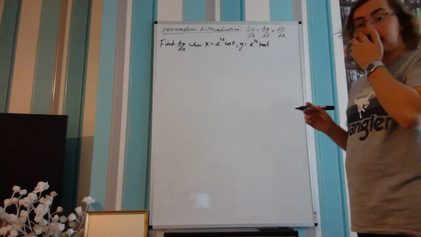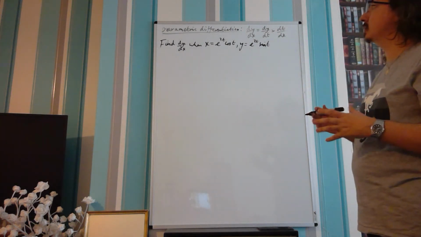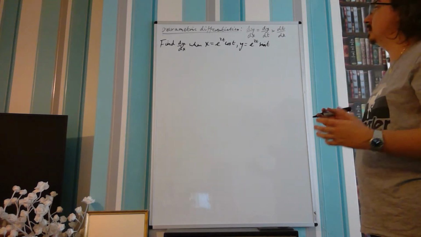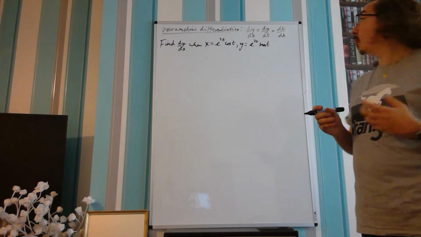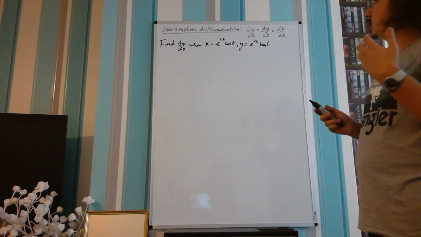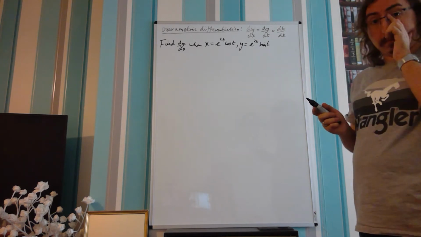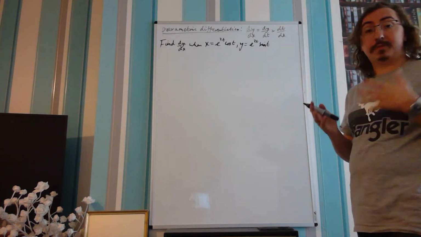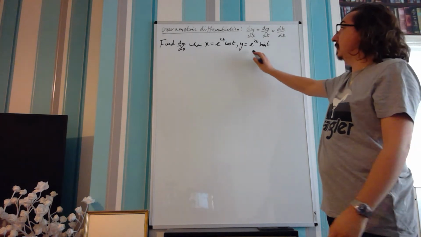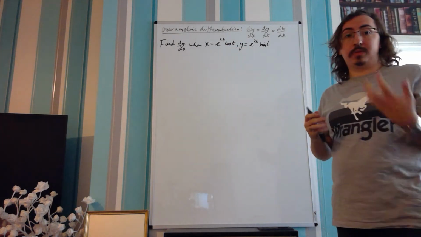Okay, so for this question we want to find dy by dx when we're given the parametric equations x equals e to the 2t cos t and y equals e to the 2t sin t. So to start with, you should be thinking, well, we're given parametric equations, we want to find dy by dx, so we're going to have to differentiate both of these, in this case with respect to the third variable